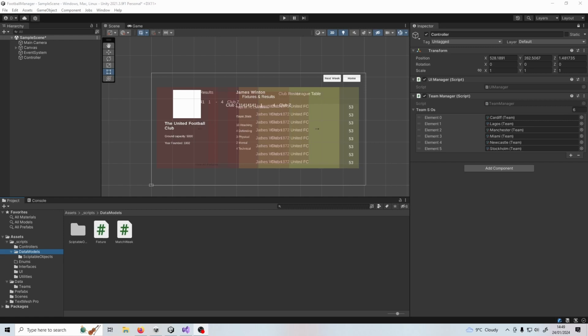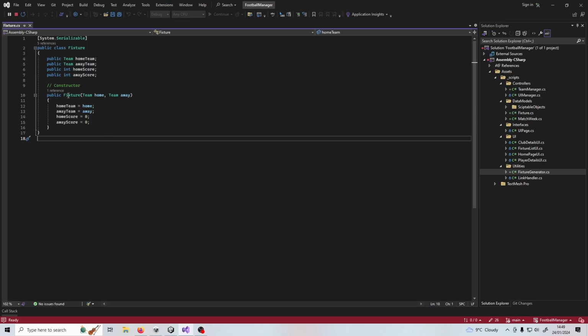Okay, so the first thing that you're going to do is come into your project, go into the data models folder, and we're going to add a couple of new scripts here. First one is fixture, and just feel free to copy this class. But basically this is going to hold our teams, away team and our home team, and the scores, and then